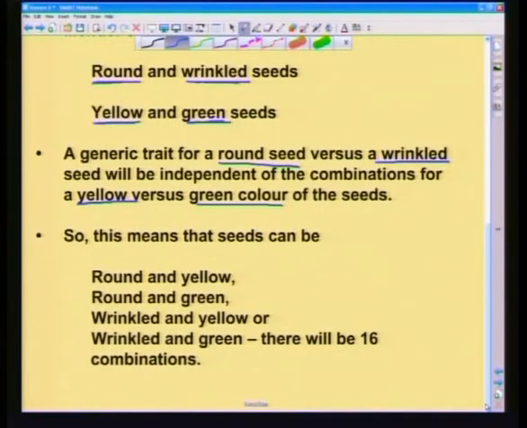We can have seeds that are round and yellow. Because remember, we've got 2 lots of characteristics. We've got round, we've got wrinkled, we've got green, and we have yellow. So we can have any of those groupings together. So they can be round and yellow, they can be round and green, they can be wrinkled and yellow, they can be wrinkled and green. So at the end of the day, we are going to have 16 combinations, wherein our normal